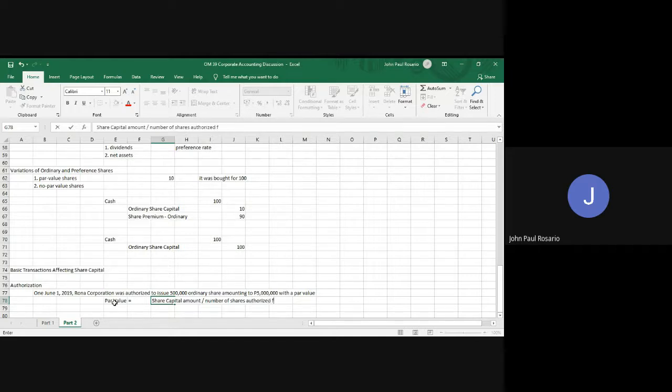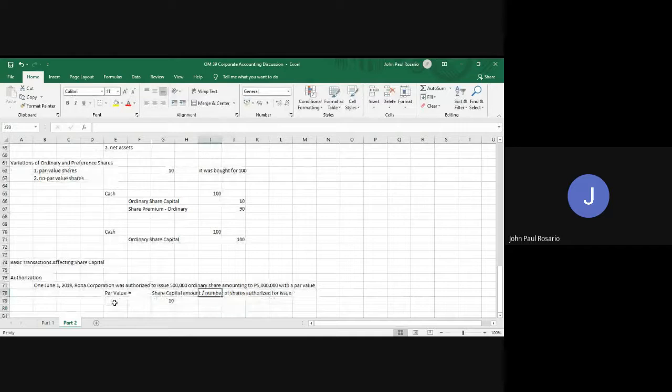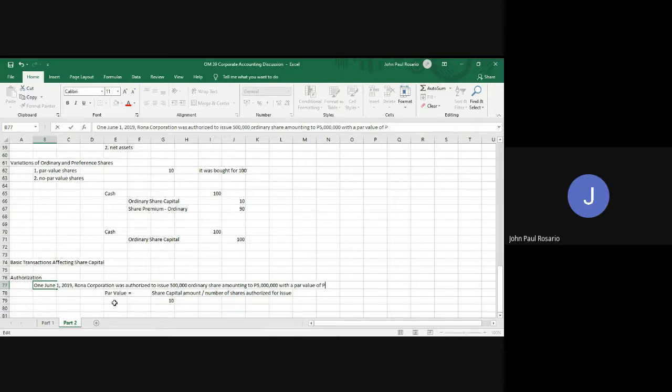In this case, this is 5 million divided by 500,000. So with a par value of 10 pesos per share,